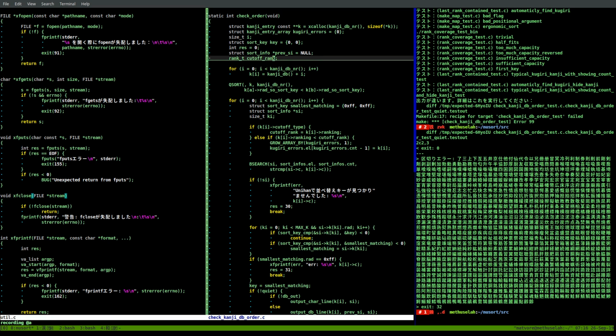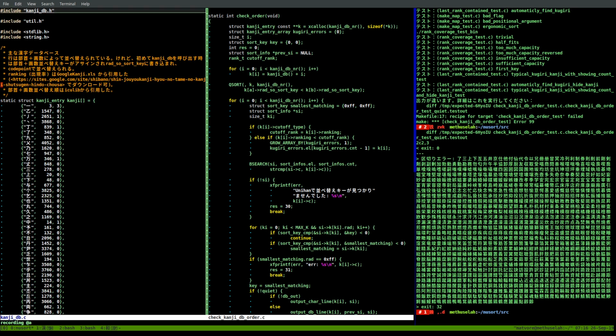Cutoff rank. So if cutoff rank is 0, that means we don't actually use 0. I think we don't use 0 as a rank. Cutoff ranking. Otherwise, if that is an n,